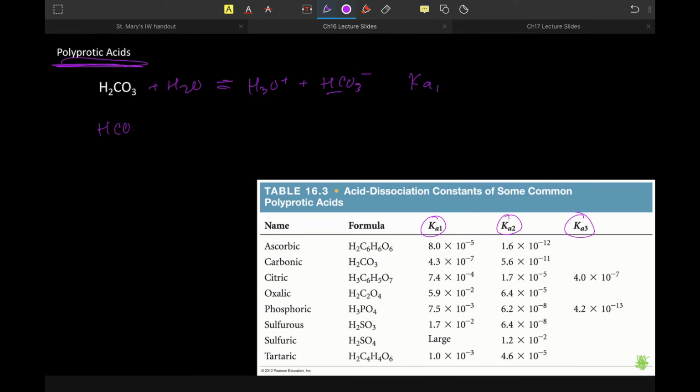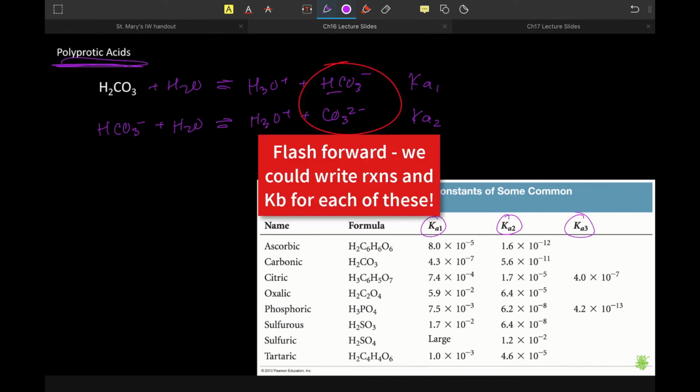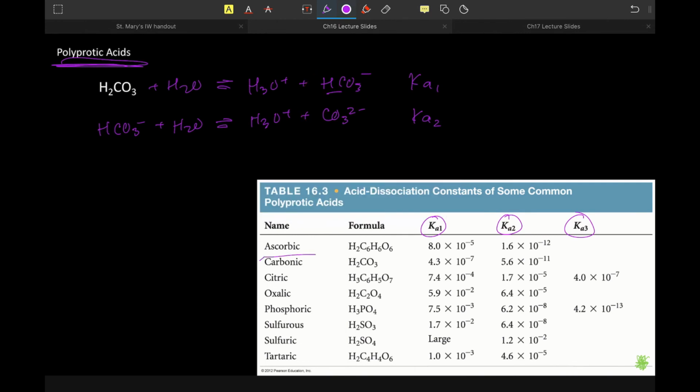Now, if I take that HCO3 minus and that were to further react, I would get this. And this would get labeled the Ka2 of carbonic acid. Yes? Ka1 versus Ka2 of carbonic acid. Now, when we talk about the dissociations, right, the first one happens completely, and then the next one happens, because if we look at the K values, right, so starting with carbonic acid, we'll see that, right, 4 times 10 to the negative 7th, and this is 5.6 times 10 to the negative 11th, right,